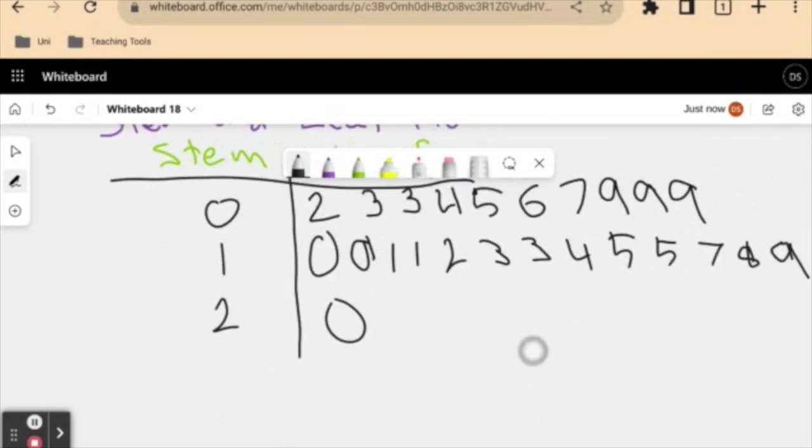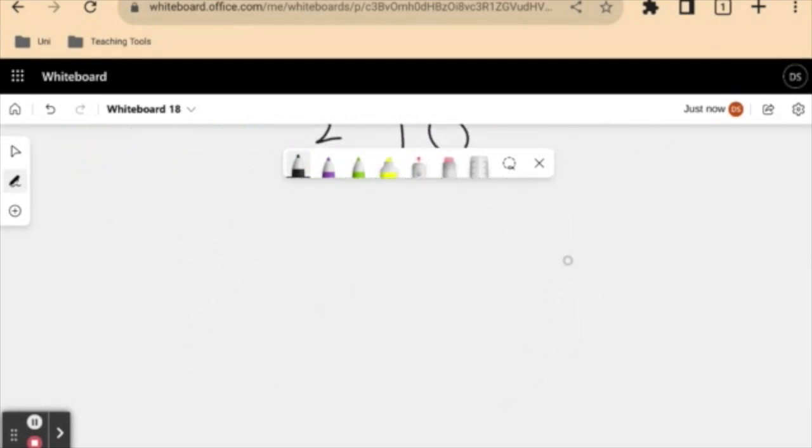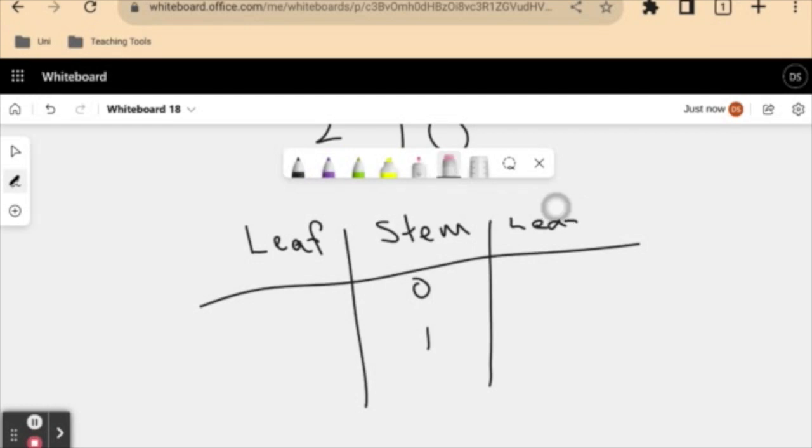If we were looking at, for example, scores from two different classes, well, we can organize our stem and leaf plot as one stem and two leaves here. So say I'm just going to do just a couple of bits of data here. Say the score was just out of 10. So we got 0 and 1. And say this class on the right